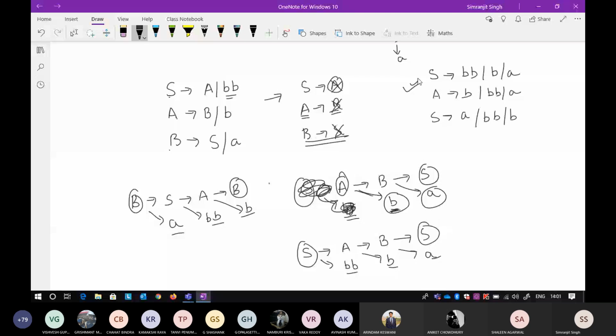Okay, so it is very easy. Now how can you eliminate unit production? First of all, if you're seeing S tends to A, and then A tends to B, and then B tends to again A, actually it should be S tends to A. So why am I following three steps to get the same thing? If I include A directly in this one, you will get the same thing. Okay, so that is the concept to do this type of question. So this is your first question.